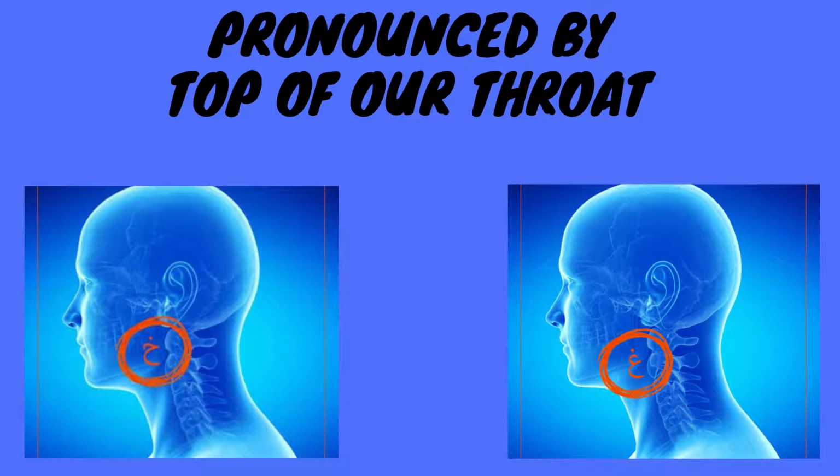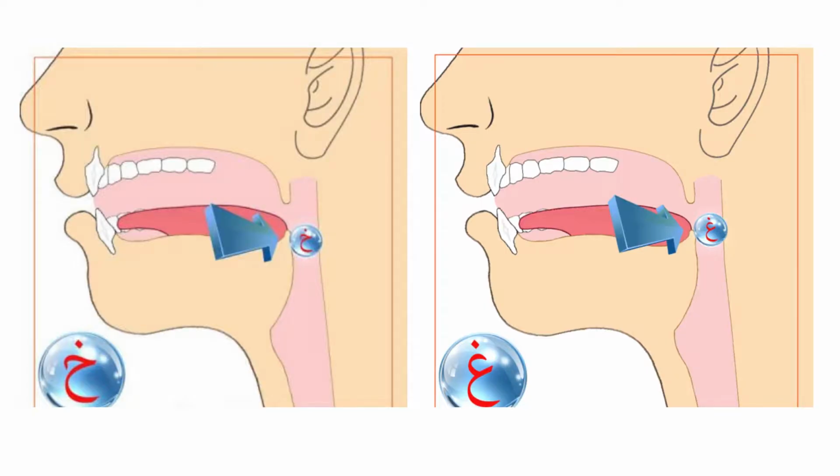Kha, ghain. Here is another picture for that. Kha, here you can see the arrow which goes to the top of our throat, which is quite near to our mouth here. Kha, and here in the second picture, ghain. Kha, say that with me. Kha, ghain,